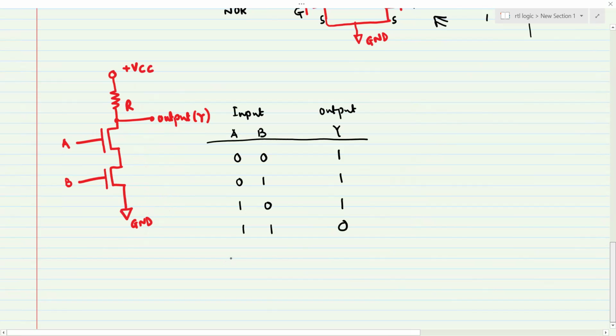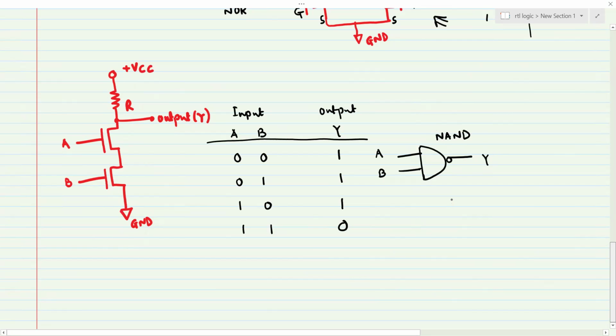So can you tell me now, what is this gate called? What is this logic called as? So this logic is nothing but a two input NAND logic. This is A, this is B, this is output Y, and this is a NAND logic